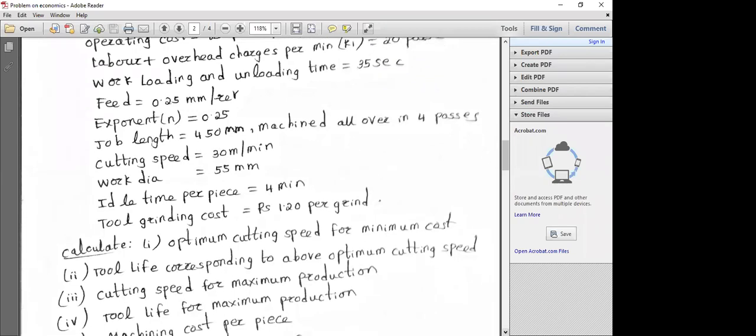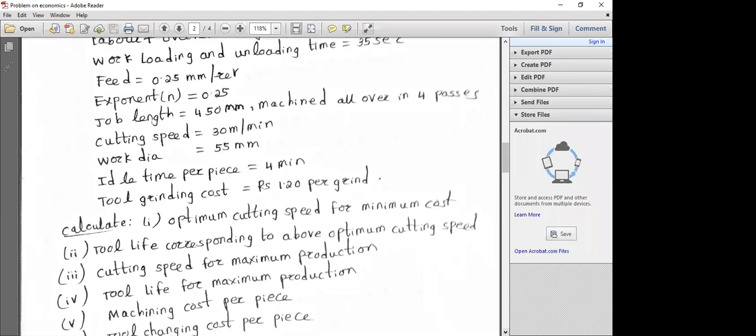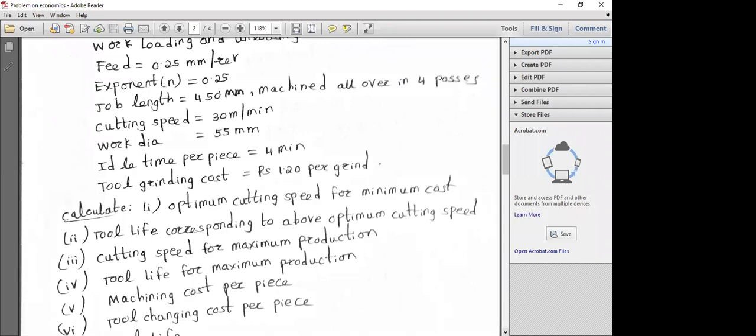So this is a very important problem. Lengthy problems may not be given in competitive exams, but in the IES or this particular JNTU exams, they may be given. The tool life corresponding to the optimum cutting speed is T. You can take it as T naught only. But in the derivation, you may have taken some optimum tool life because for minimum cost, you might have taken MC, just like we take MP for maximum production rate. So you have to frame your notations carefully.